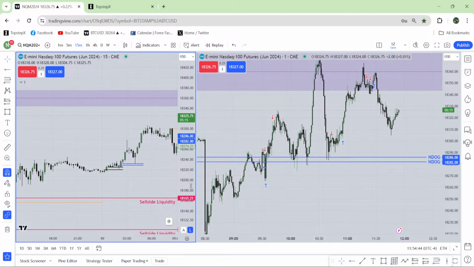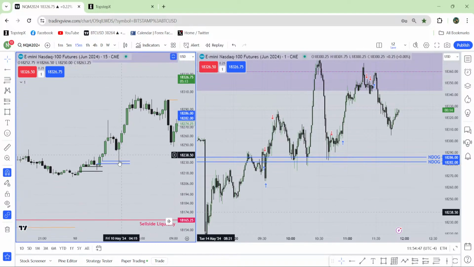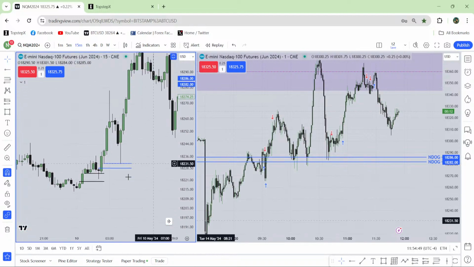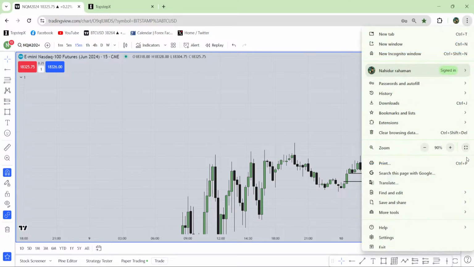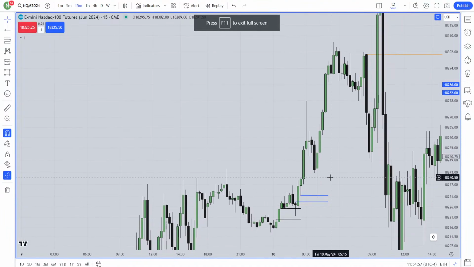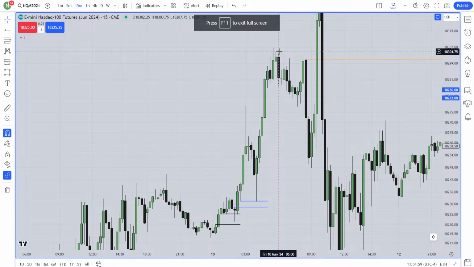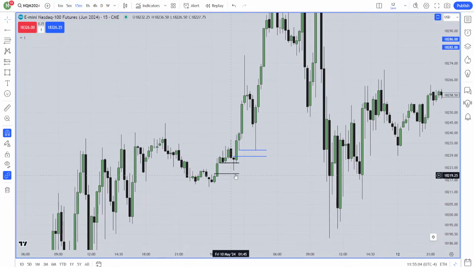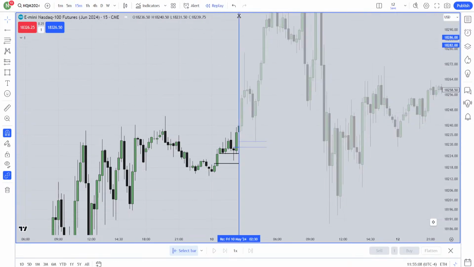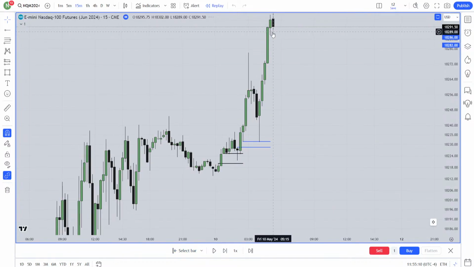Okay, over here, let me explain that one. I was thinking that the market will go higher. Let me make it bigger. I'm thinking the market will go higher because there was some clean buy side liquidity. So what I will do is wait for a bullish fair value gap. When I get that bullish fair value gap, let me remove it.